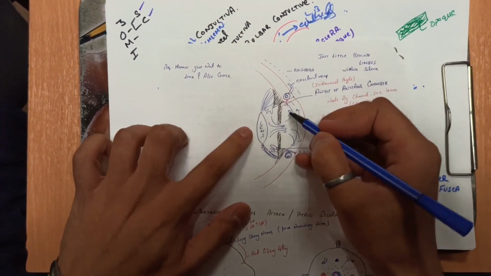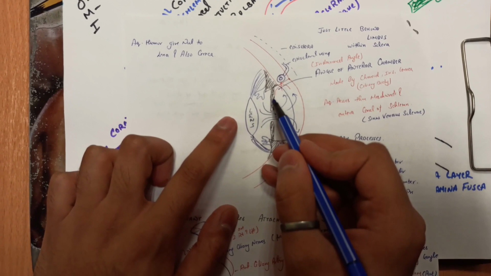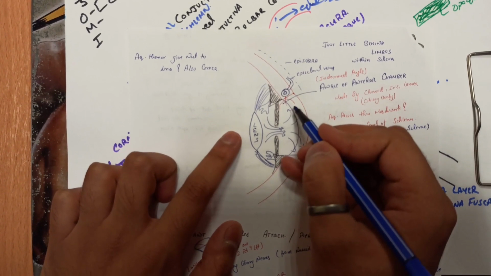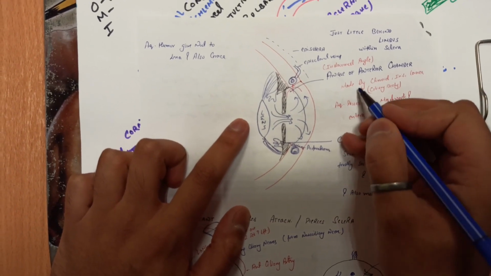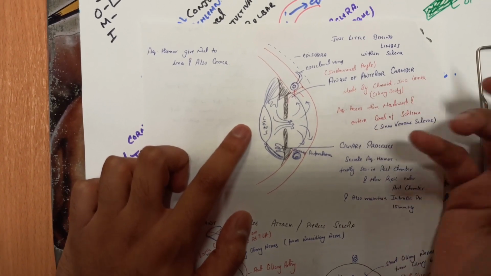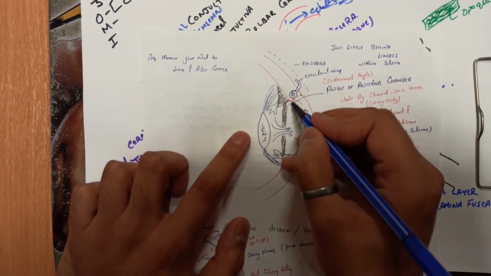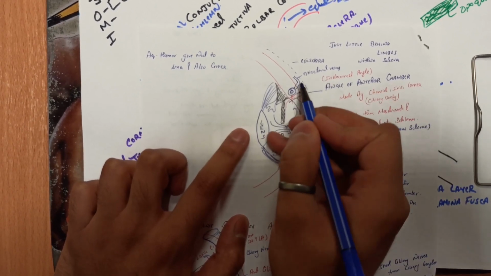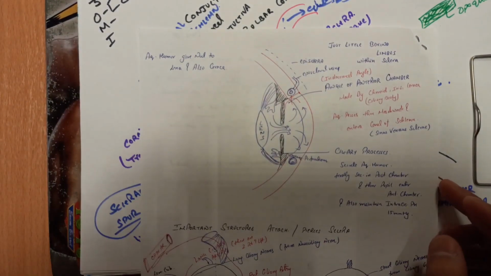So guys, you can see this is the anterior chamber, these are ciliary processes. Okay, this is iris, this is lens. Aqueous humor flows out from the posterior compartment, reaches the anterior compartment, and from this anterior compartment, this is the angle of the anterior chamber, which is mainly made by the choroid, iris and cornea. Okay, choroid, we cannot say choroid, an extension of choroid called the ciliary body. So from this angle, the aqueous humor goes into the canal of Schlemm, enters into the episcleral layer, and from the episcleral veins it drains out into the ophthalmic veins respectively.